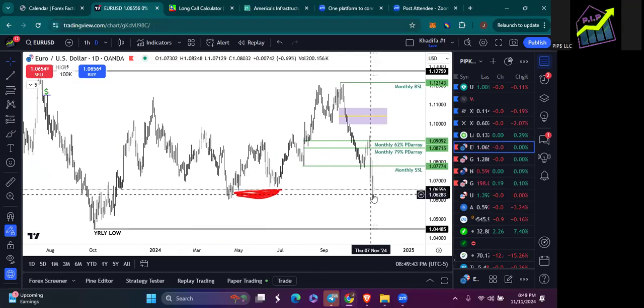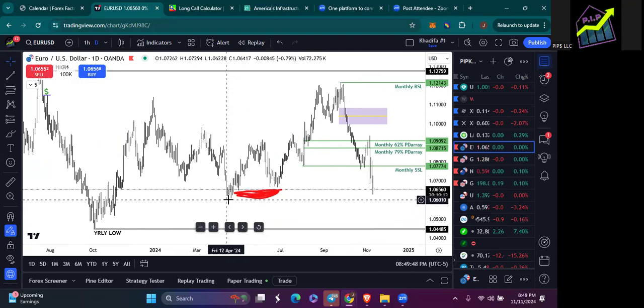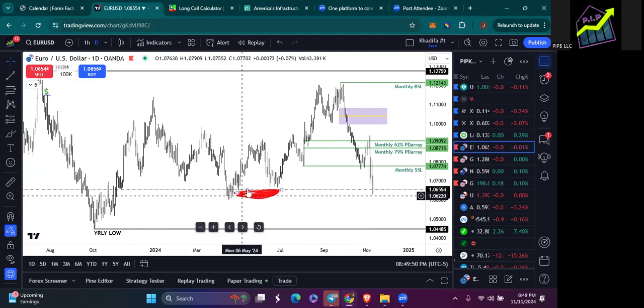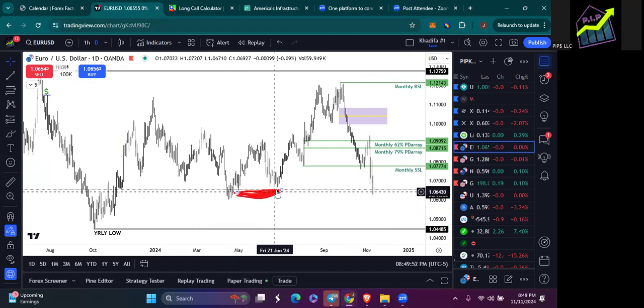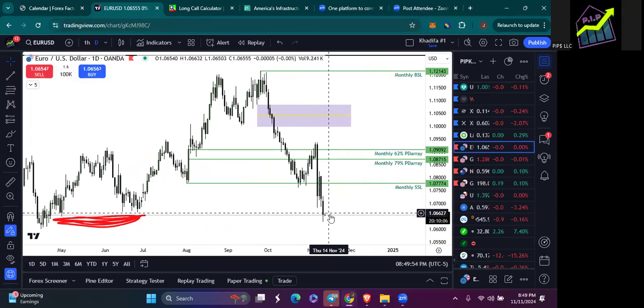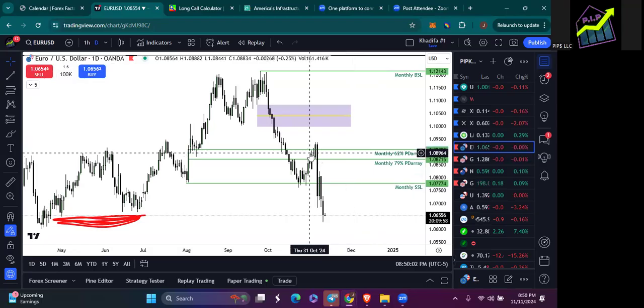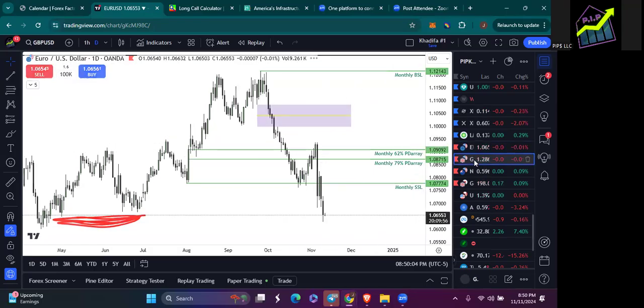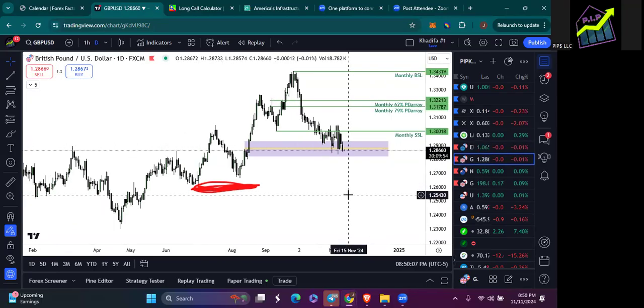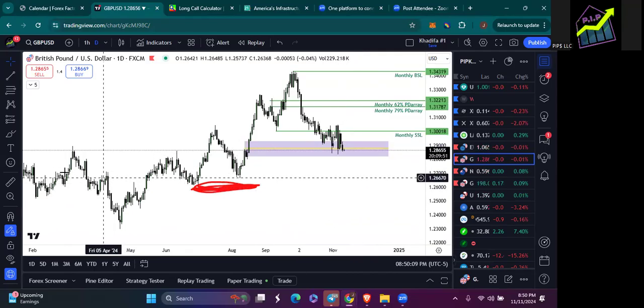So I wouldn't be interested in taking a buy from this level until we run this low and got back above it, got back above here, right? That's the only time I would be looking to long. But now I'm not interested in anything because my trade, my analysis has played out, right? Cool beans, cool beans. And it's going to be pretty much the same. Well, GBP USD got a ways to go.